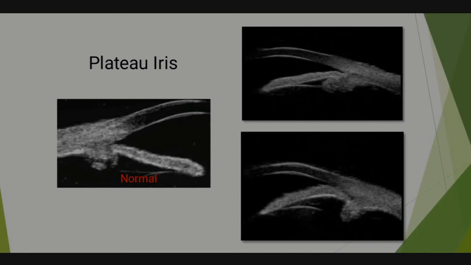Okay, I'll tell. In plateau iris, where the iris configuration is changed to convex or concave, based on that it changes. Is there any relation to that? Yes. So the main features for plateau iris when we see it in glaucoma are how the iris is placed, how the ciliary body is, and how the sulcus is.